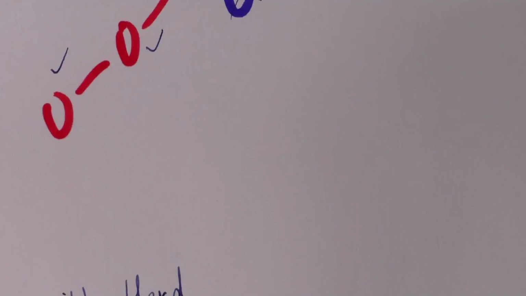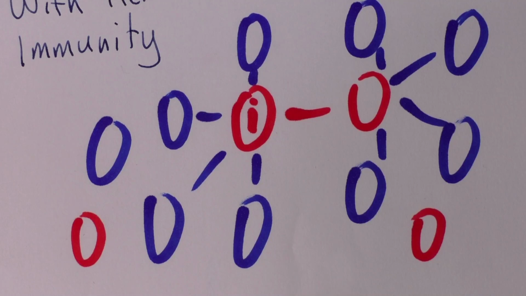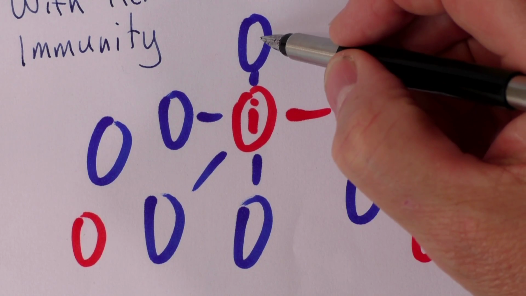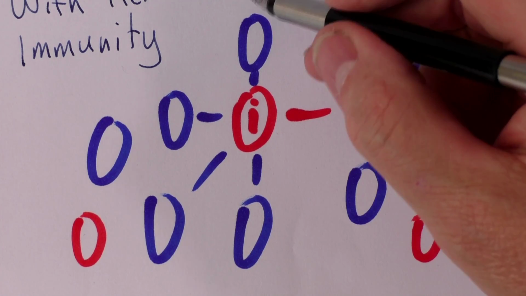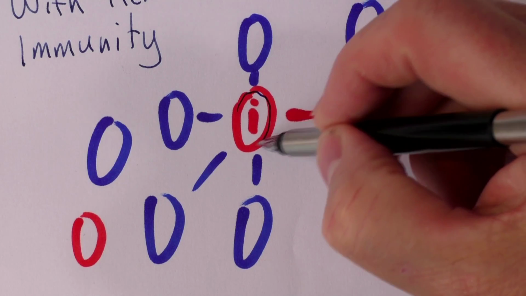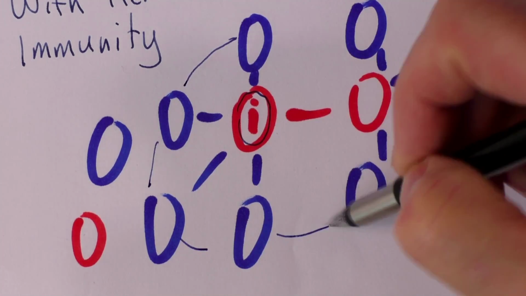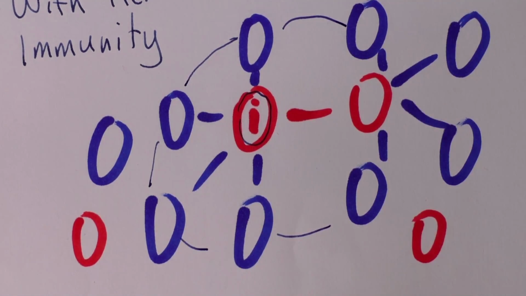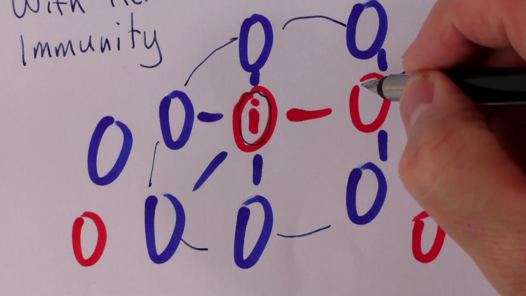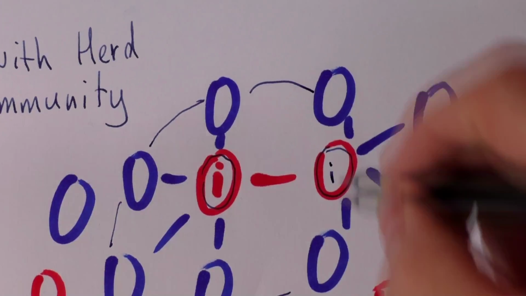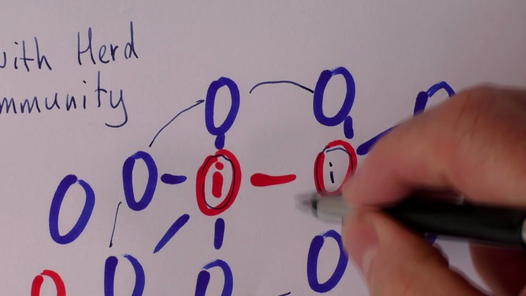So that's with no herd immunity. But if we do develop herd immunity, then what will happen is there's an infected person there and that person is immune. So they're not going to get it, therefore they can't pass it on. So the infected person here is essentially surrounded by a firewall of non-infected people, so they can't pass it on. But even if there is one person here who is vulnerable, yes, they can get the infection, but they're not going to pass it on either because they're surrounded by non-infected people.